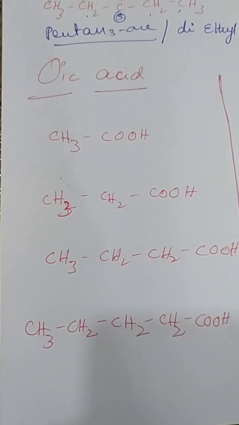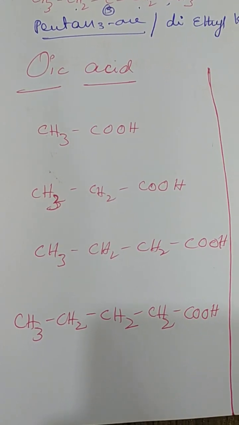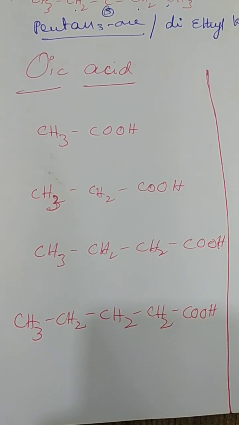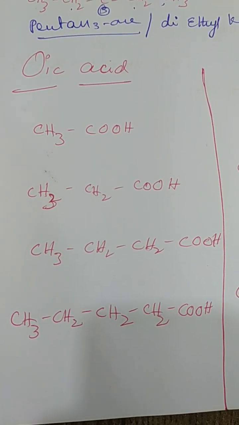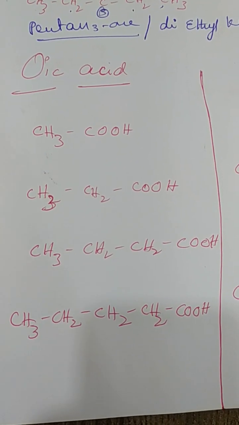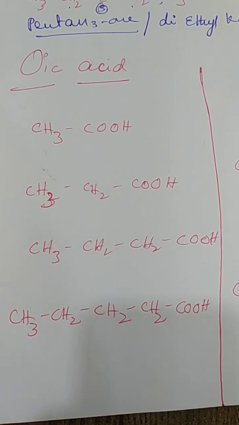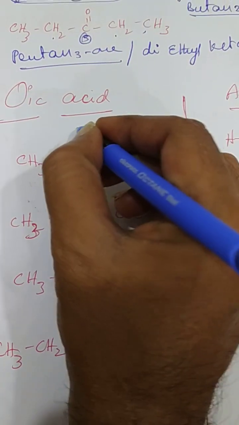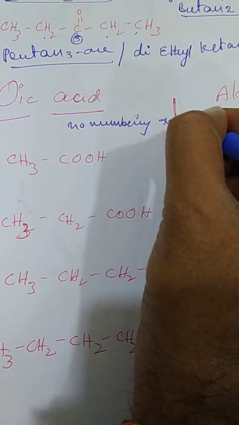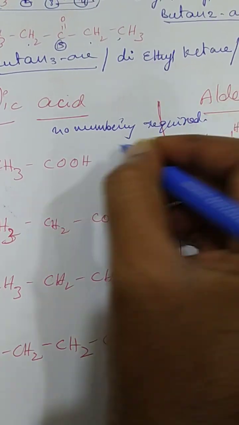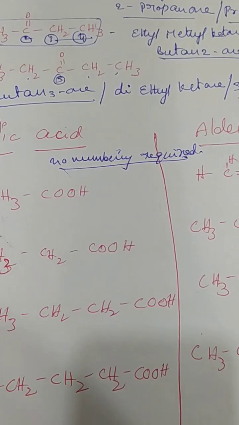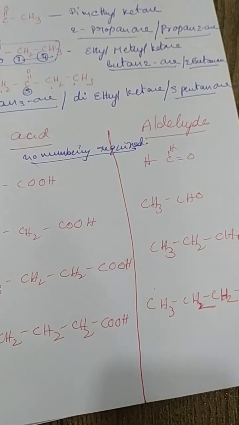Now we will go for the carboxylic acid. See, this is the king of compounds, the king of the organic groups. It always appears in the first place. It will never go into the second place. So for carboxylic acids, there is no need to give any numbering. Just understand, this is very important. No numbering is required for -oic acid as well as the aldehyde. Automatically these groups will appear at the first carbon.